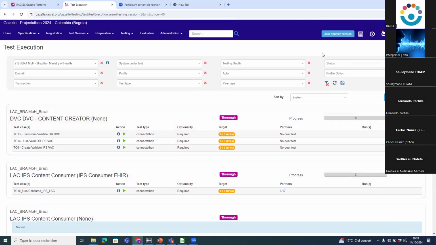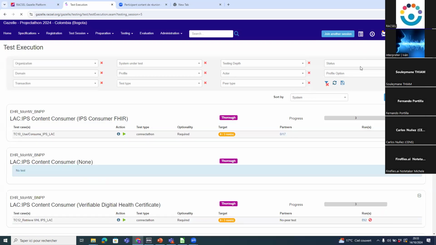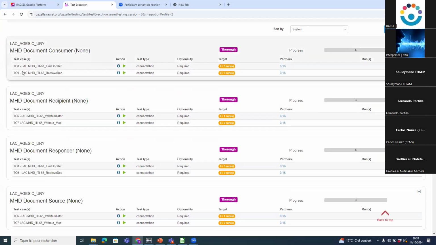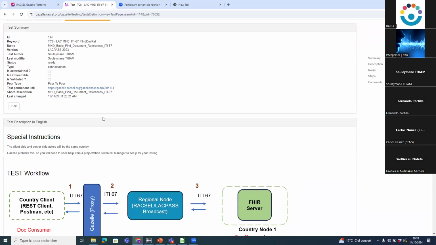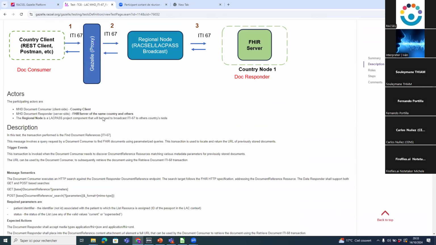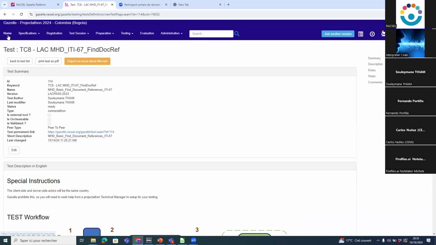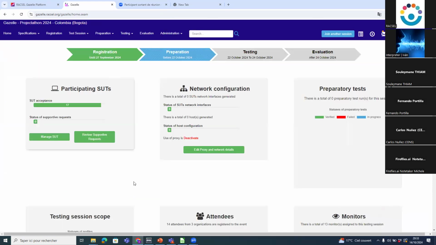So globally, by the end of this week, all the test plan will be fully complete, and then you can go to this button, test execution. From the test execution, you can see for each profile, you can search and check what the test description looks like. But do not execute any tests because the tests will be executed from next week. If you just want to see the description of the test, just click on this option, the eye option, and you will get access to the full description of the test. Okay, and from next week you will execute the test instances, and the monitors will start monitoring the tests.